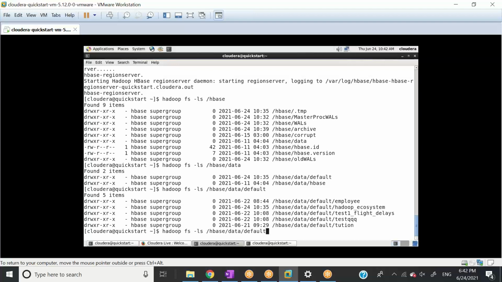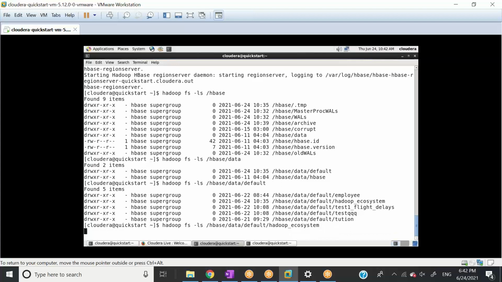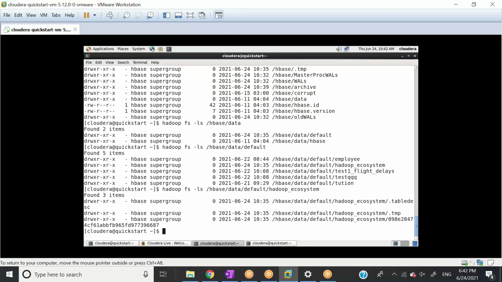Okay. So let me go inside Hadoop_ecosystem. This is my table name. So ideally there should be two column families inside this. We can clearly see there is one temp and one main data directory, right? So let's go inside this directory.